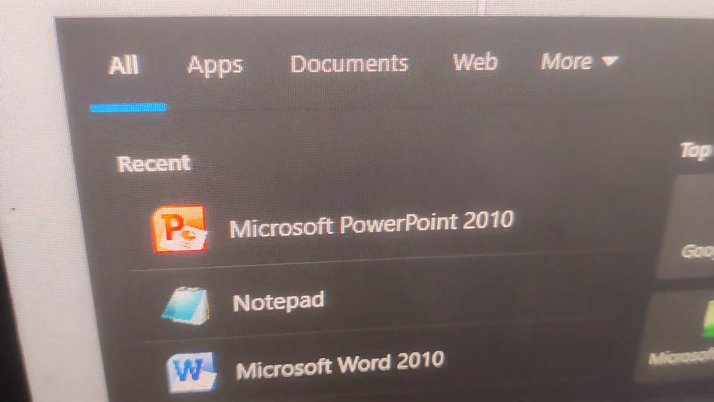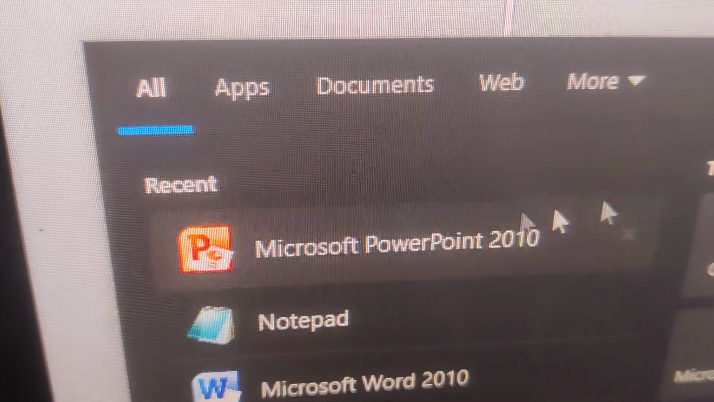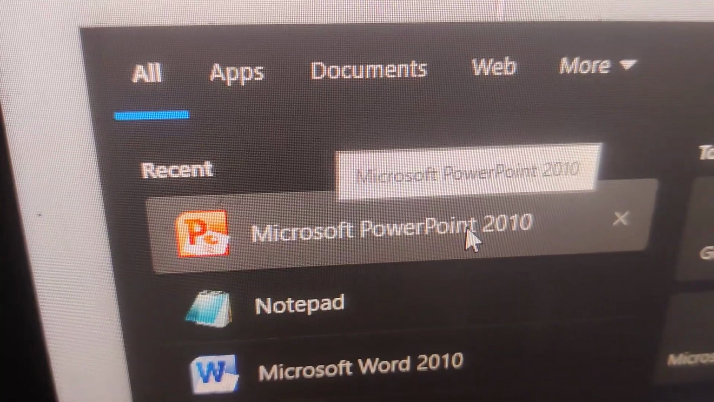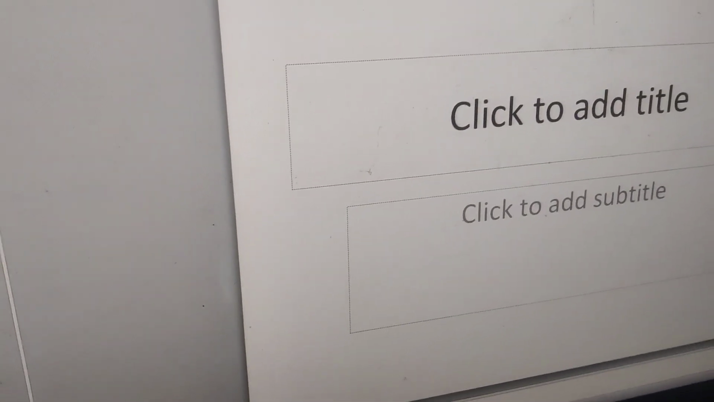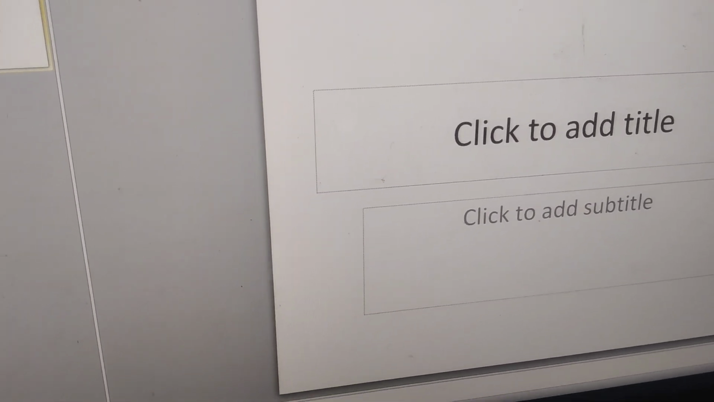Suppose you are using a Microsoft Windows computer and you are opening the application Microsoft PowerPoint. If you open a slide, then you can see that one slide is opened here. So in this video we discuss what happens if you press this after opening the